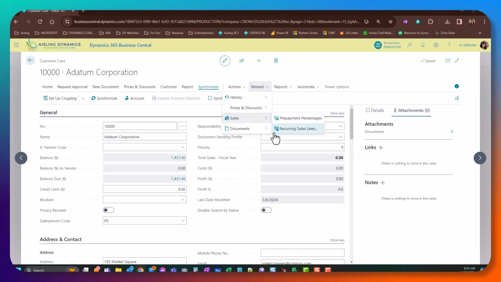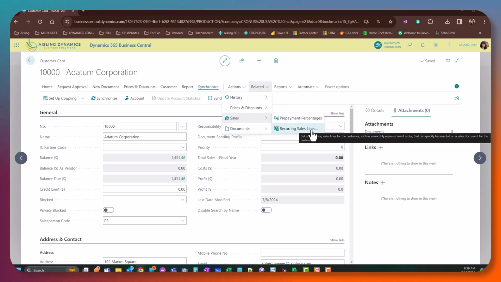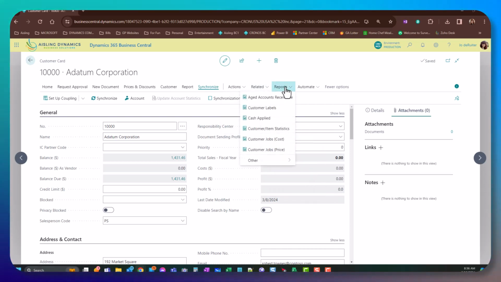We're going to see another place we can set that up. And recurring sales lines. So you can set up recurring sales lines for each customer. And then essentially, when you're doing a new transaction, you can go to prepare and use recurring sales lines. And again, another place to see the documents that have been sent to them. Here's a good place for